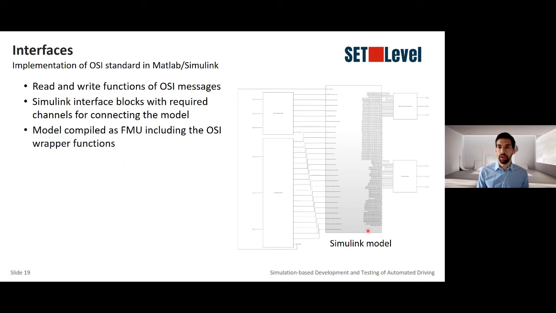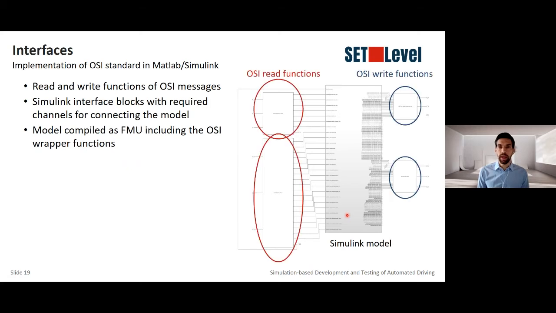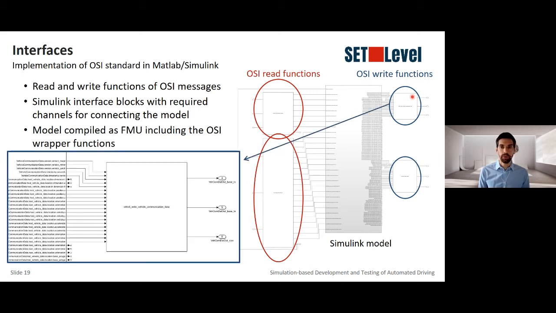So we have here a classical Simulink model as a subsystem, and we have here additional blocks which are, on one side, the OSI read function blocks and, on the other side, the OSI write functions. They are just, at this level, Simulink subsystems. If we look into detail at one of them, the set level specific write vehicle communication data interface, we